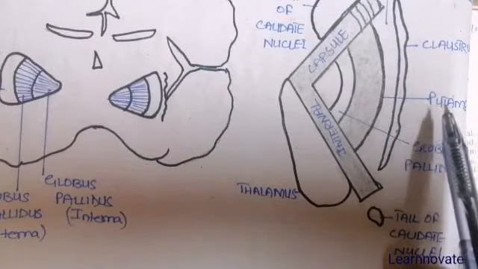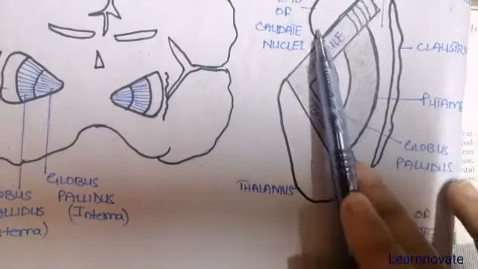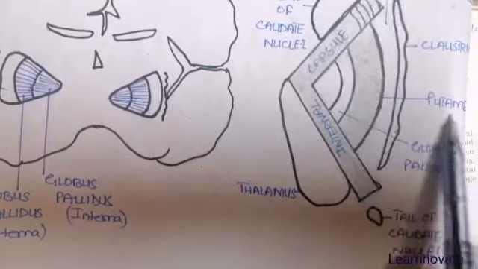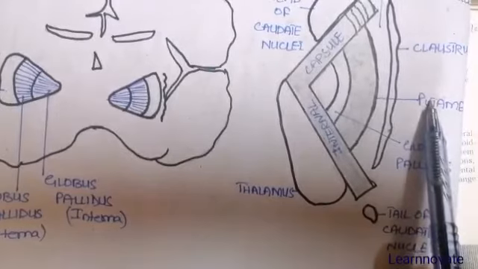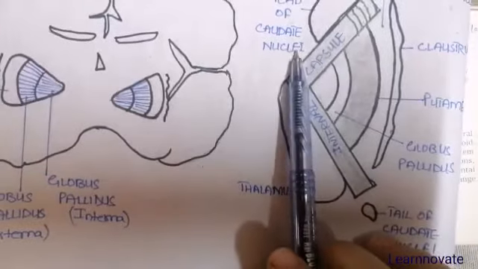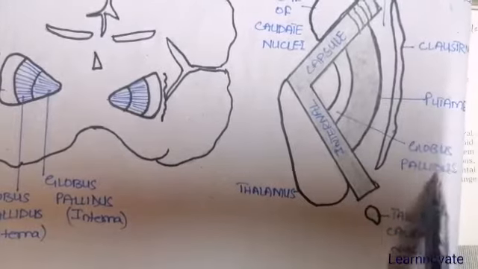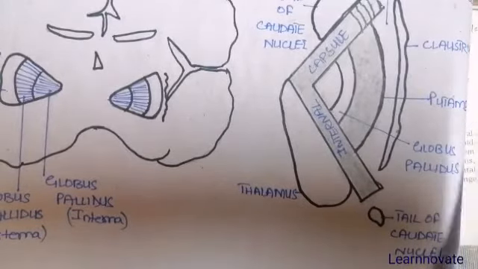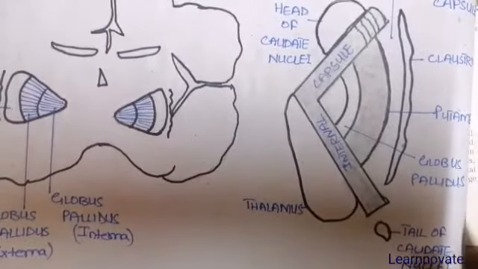While a neostriatum is formed when the caudate nuclei combine with only the outer one, that is the putamen nuclei. So you can say the putamen plus the caudate is called the neostriatum, while the lentiform nuclei, that includes both the putamen and globus pallidus, plus the caudate equals the corpus striatum, and the putamen plus the globus pallidus equals the lentiform nuclei. So this is a basic classification that you have to remember to understand the basic concept and the position of these nuclei. Now we are going to discuss one by one each and every part of the basal nuclei.